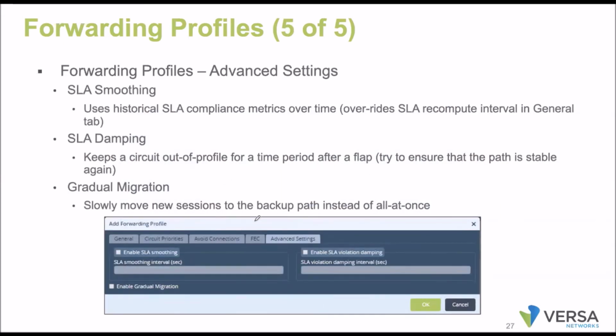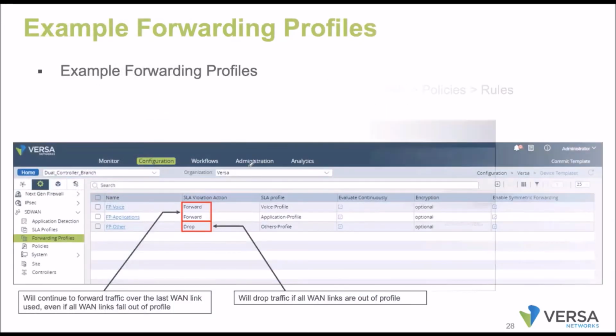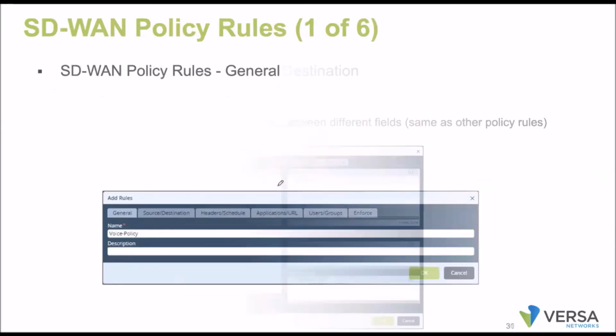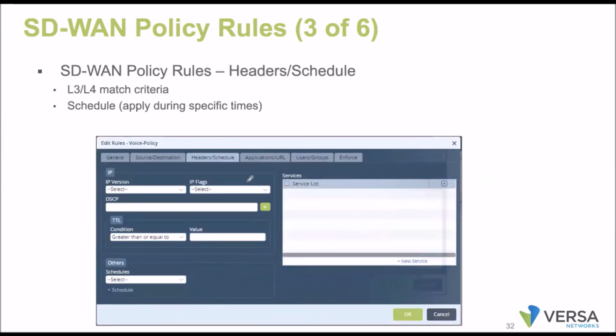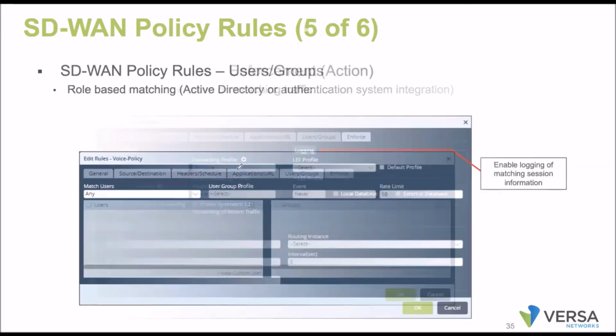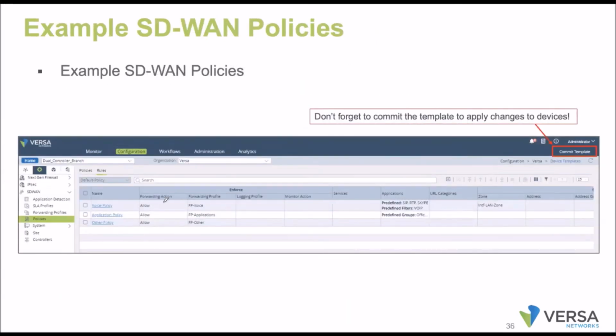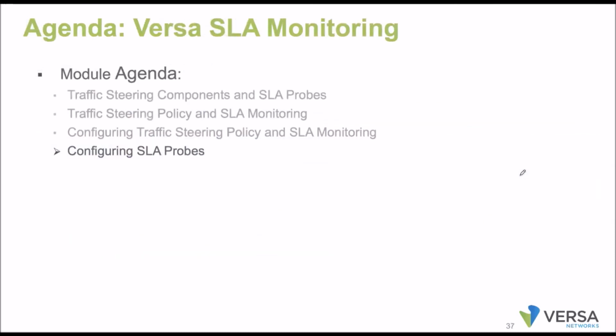If you wanted to enable FEC, that's possible, and advanced settings as well. So that's possible on forwarding profiles. When it comes to SD-WAN policies, you are going to create multiple rules, and based upon our requirement, we'll bind the particular forwarding profile to each. The SD-WAN policies are evaluated top to bottom, on a first come, first serve basis. If you wanted to rearrange the order, you can make use of these icons: move top, move bottom, move up, or move down.